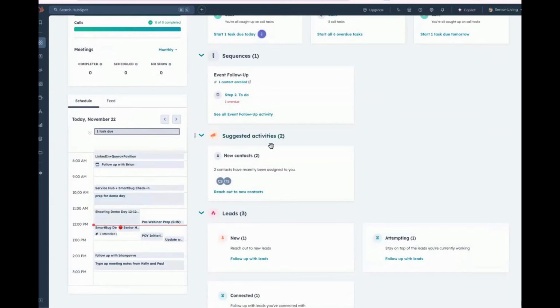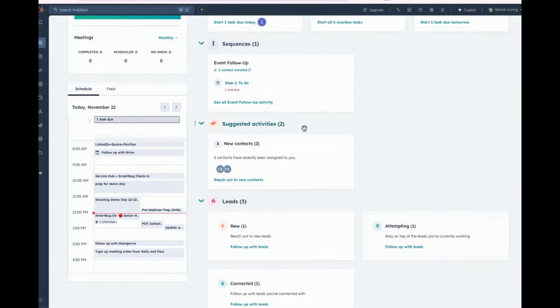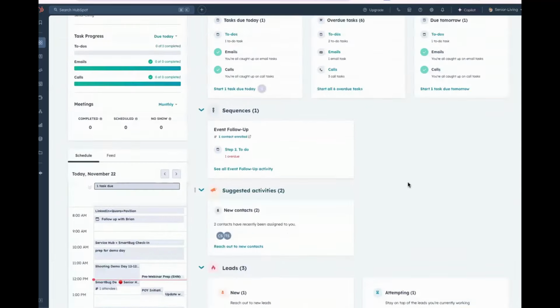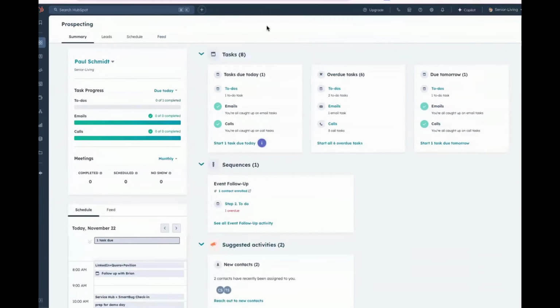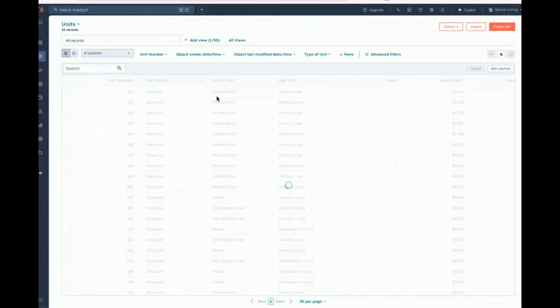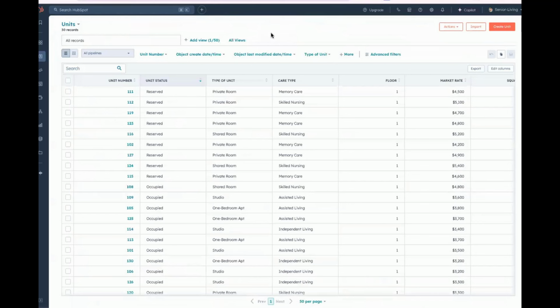Additionally, it has suggested activities. From here, it'll tell me which contacts I need to follow up with to help build more pipeline or close more deals. This gives me a high level view. I walk into the office for the day knowing what I need to get done. From here, I'd like to get a better sense of overall capacity at my community, so I'm jumping into a record view